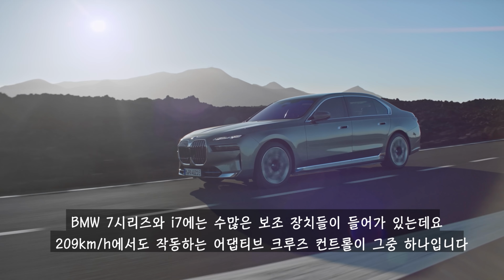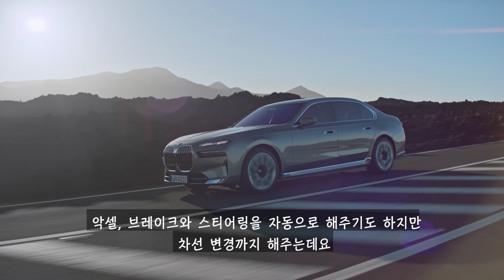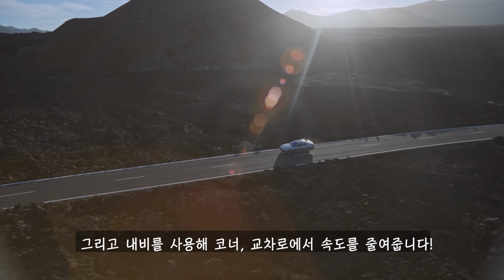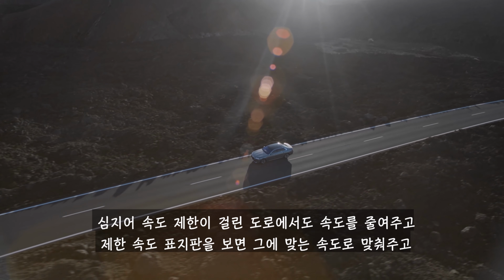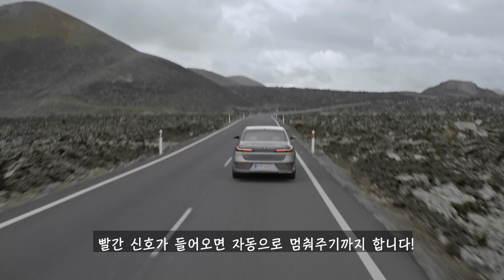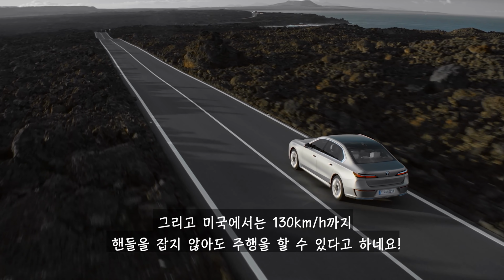The BMW 7 Series and i7 come with loads of driver assistance features, including a new adaptive cruise control that works up to 130 miles an hour. This can accelerate, steer, brake and change lanes for you, and use GPS to know when to slow down for corners, junctions and slip roads. It can even slow down in built-up areas, adjust its speed when it sees a speed limit sign, and automatically stop at red traffic lights. The car even lets drivers in the USA take their hands off the wheel completely at speeds of up to